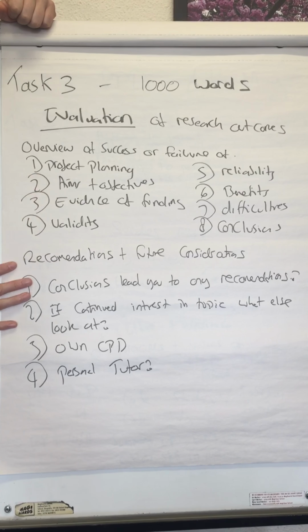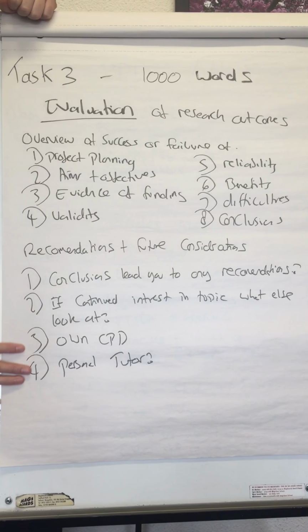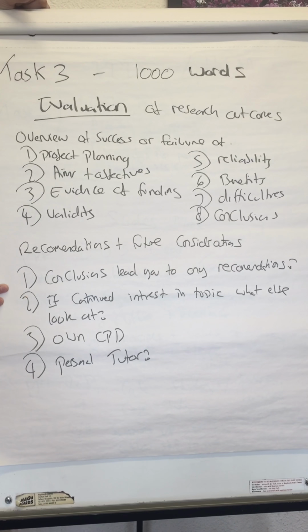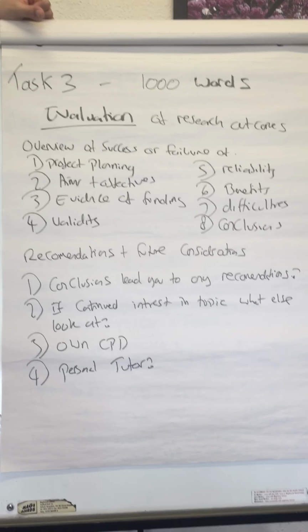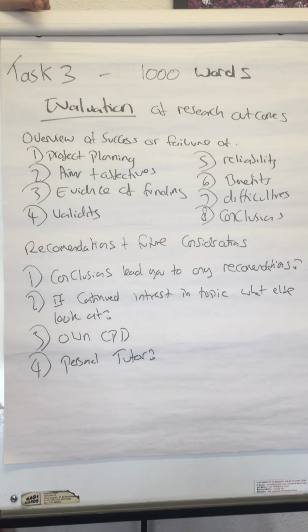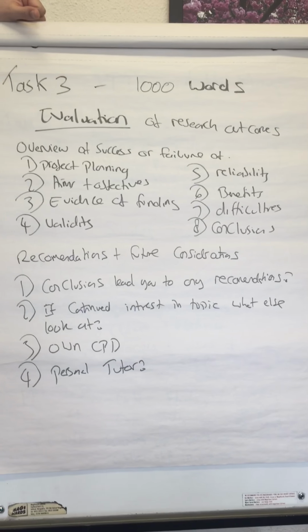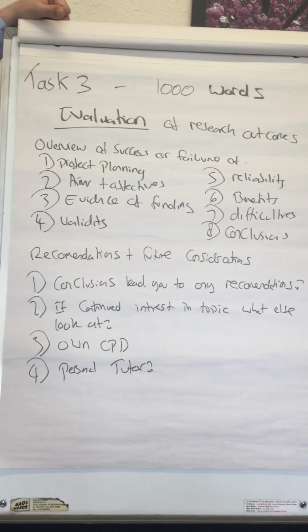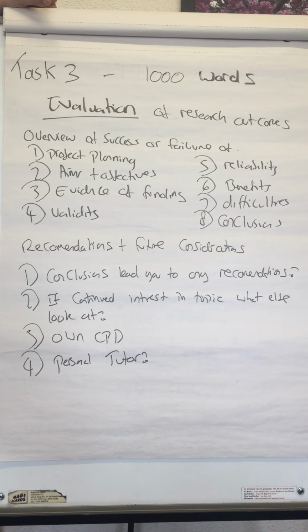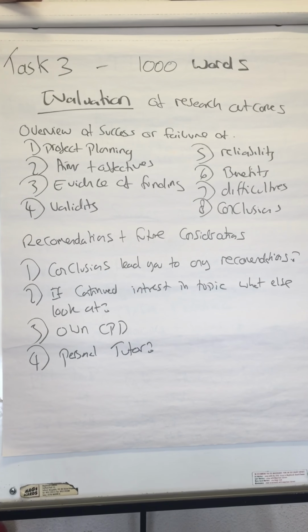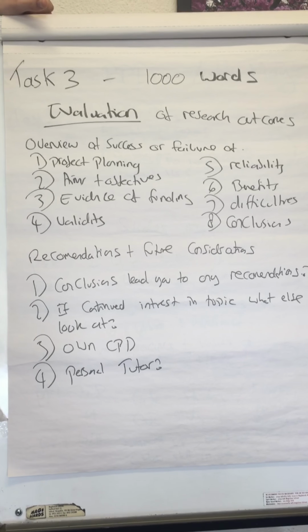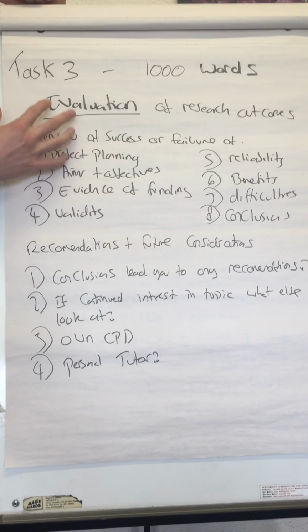Okay, so this is what you need to be doing for the first part here, and then once you've finished looking at this bit, we need to be looking at the recommendations and future considerations. So for example, did your conclusion lead you to any recommendations that you found? So earlier on we looked at the care for older people with dementia. What did you find from that? Is it that staff need to be better trained? If so, did you need to think about creating a new research question to help you with that? Because it's taken you away from your initial research question that you had.